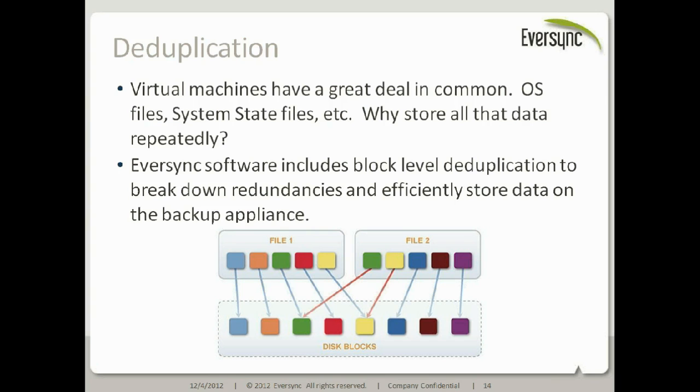And so for that reason, we've of course included a block level deduplication feature, which allows the system to identify individual blocks of data that are already stored, and just refer to the already stored version instead of storing it again, which can greatly reduce the amount of space required to perform your backups.